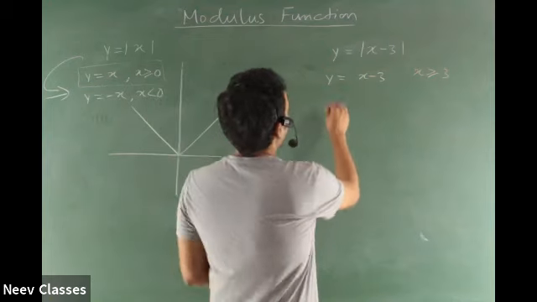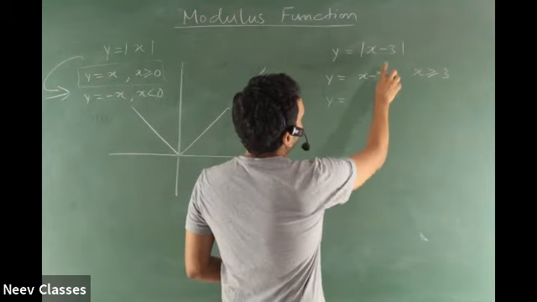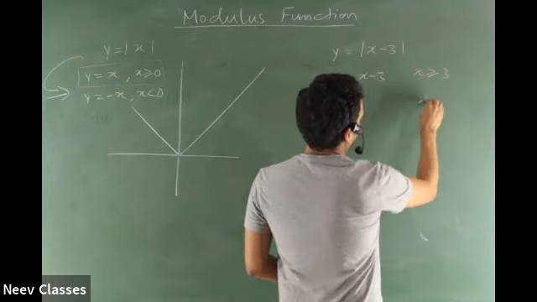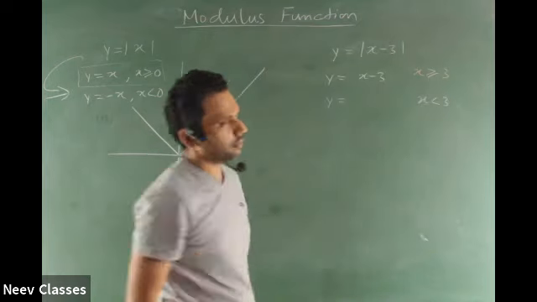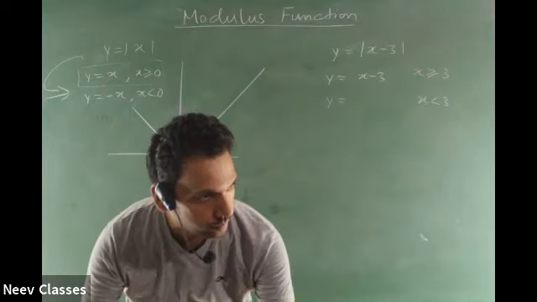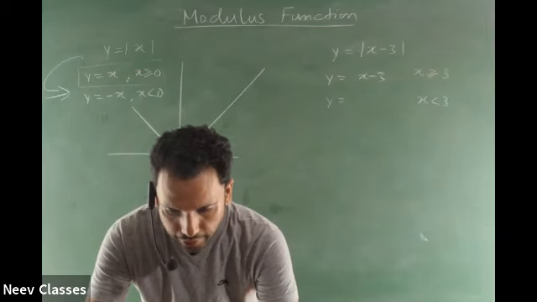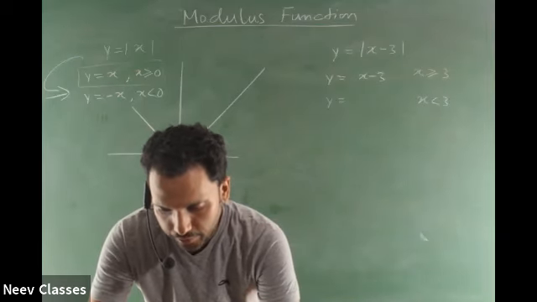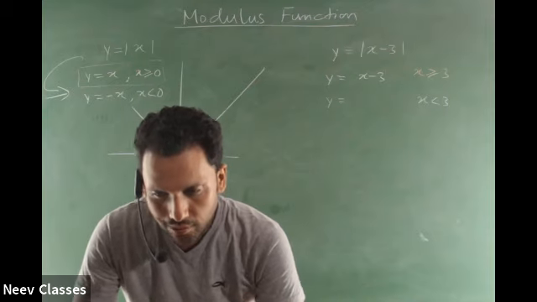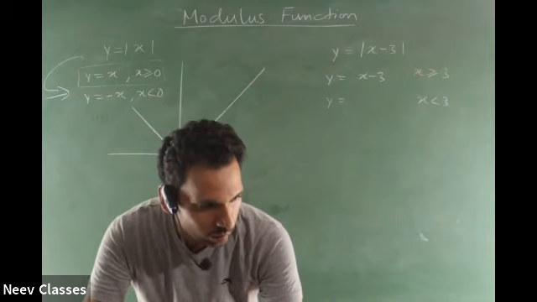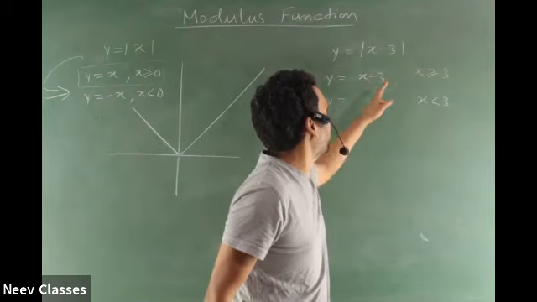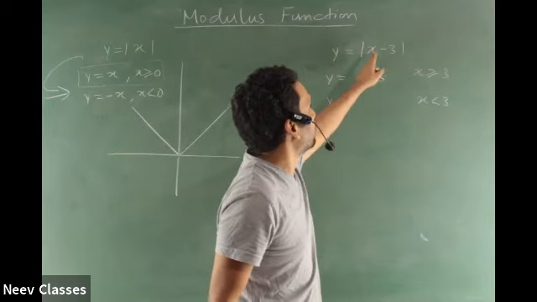And if x is less than 3, then what? Then what will the graph behave like? Mukund, may I speak? No, let Shreya speak. Yes, Shreya. If it is less than 3, like imagine a value less than 3, 1 minus 3. What will the y behave like? If x is less than 3.